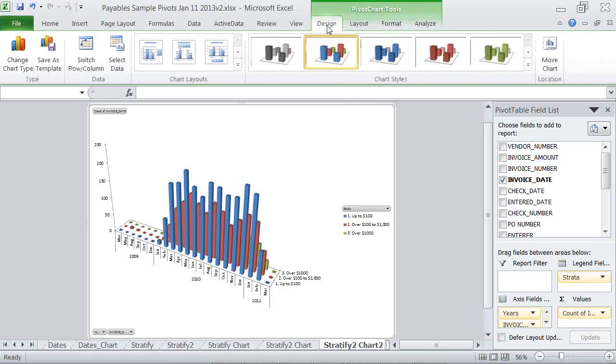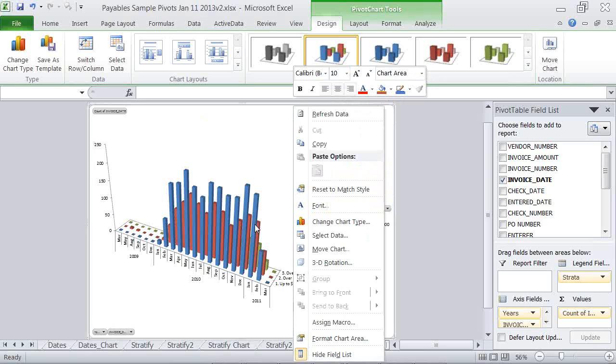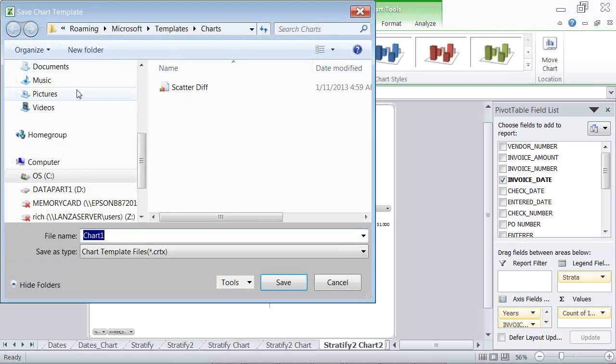And one of the things I wanted to note is, let's just imagine you really like this whole skyscraper approach. You can change your background and put a skyscraper to make it look truly authentic, if you'd like. But once you're done with that, one of the things you could do is save it as a template, and if you've got comparable data, that graph template is something you can utilize.